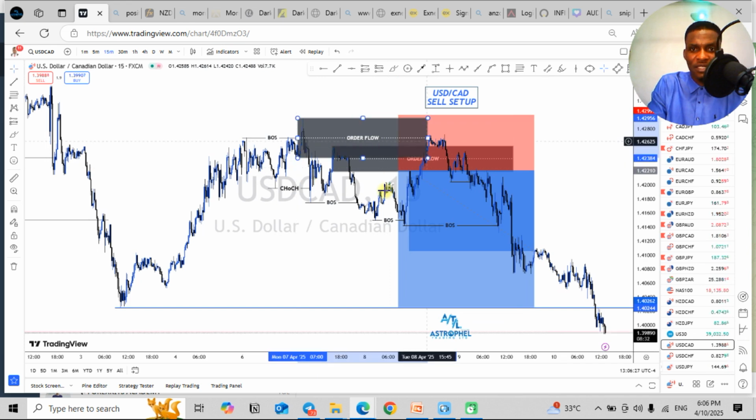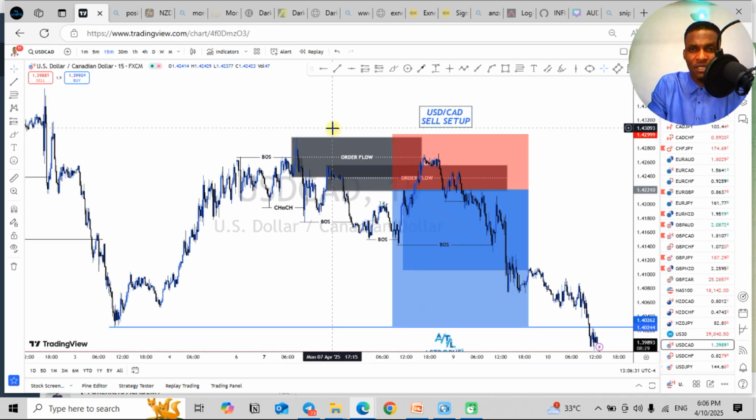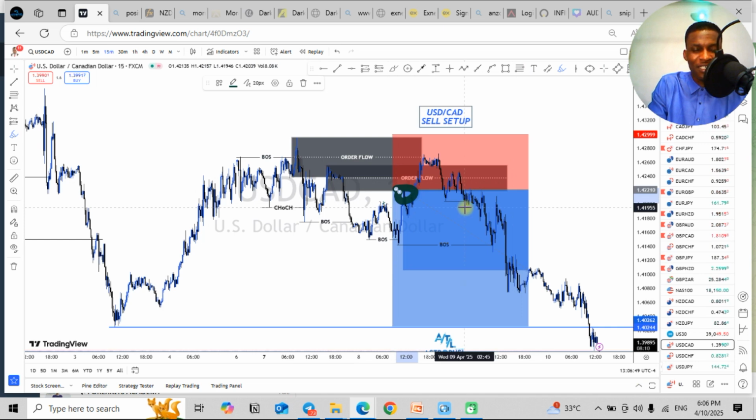Although our stop loss was placed at the extreme high right here, we entered a trade, we took a short right from here at the mitigation of the first order flow, but price went into the second order flow. Then we held on to the trade until price really moved in our direction,